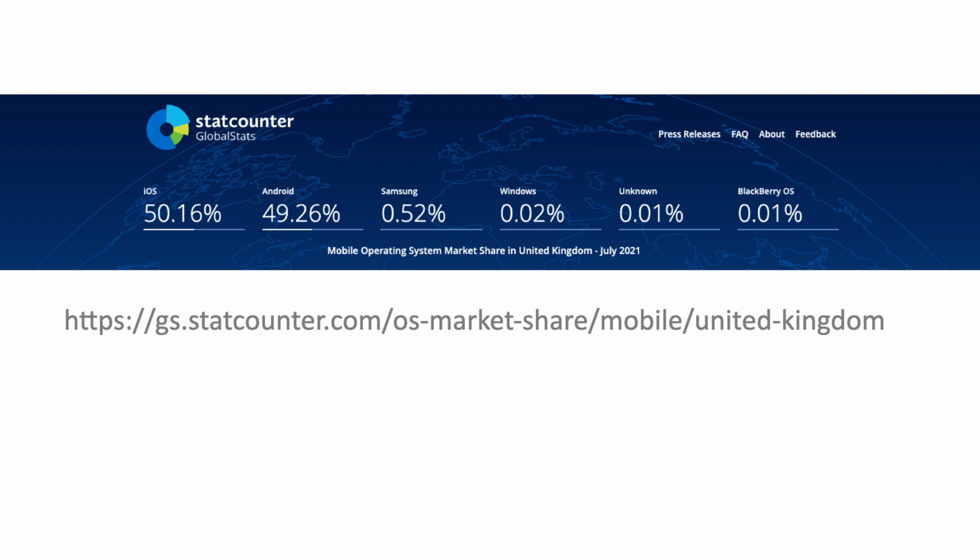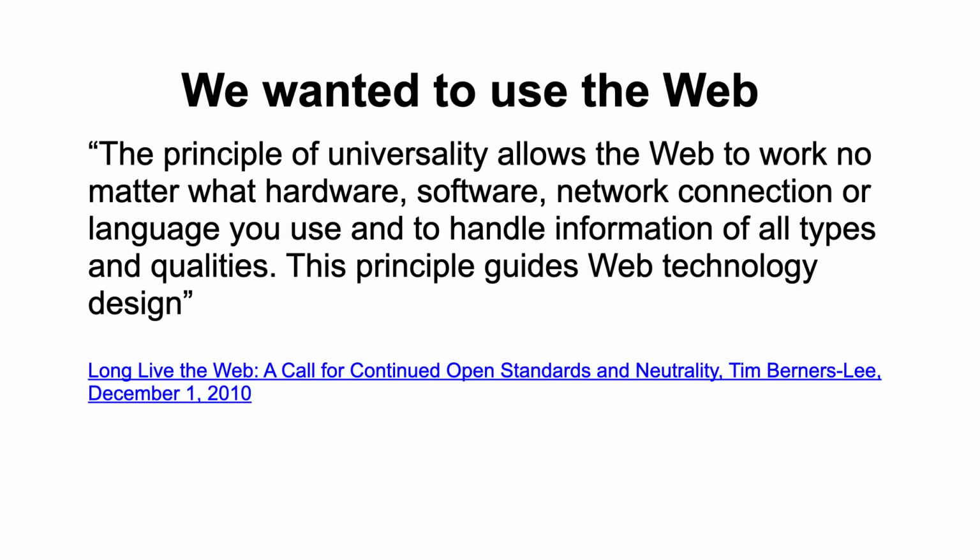that are available on every non-iOS operating system. And so I always recommend to my customers that they use the web. After all, that's what it's for. The principle of universality allows the web to work no matter what hardware, software, network connection or language you use, and to handle information of all types and qualities. And this principle guides web technology design. And that was said by Sir Tim Berners-Lee, and his parents were both from Birmingham, as am I, so he's practically a relative. And with my work in web standards, those principles still hold true for the web standards we